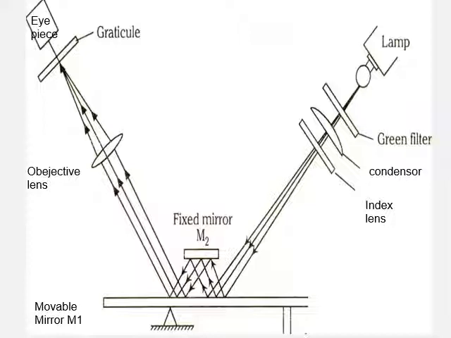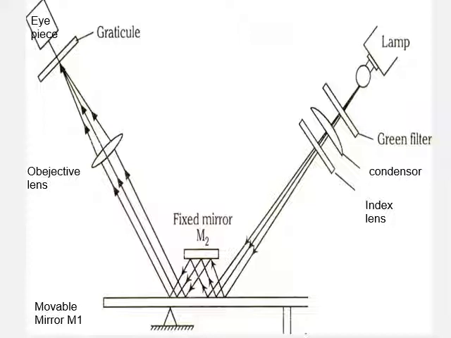When the plunger is at a zero reading, the movable mirror is perfectly flat, because of which the monochromatic light is going to fall on the movable mirror and is reflected back at the same angle. It goes to mirror 2, and again it is reflected back onto mirror 1, and finally it is reflected with the help of the objective lens and graticle. With the help of the eyepiece we can capture the reflected image, and we can set it to 0 now.